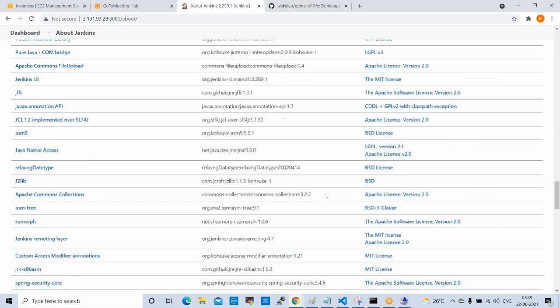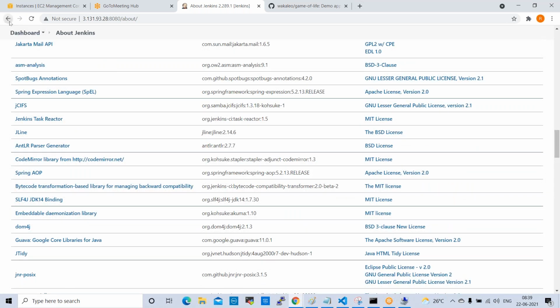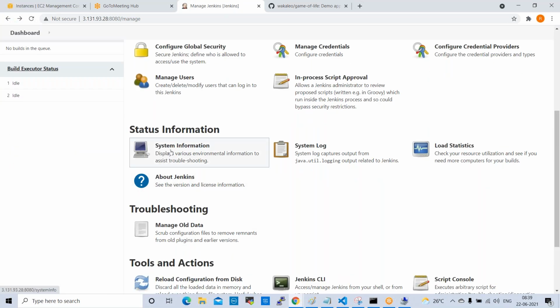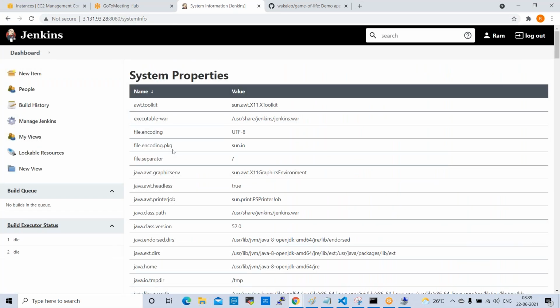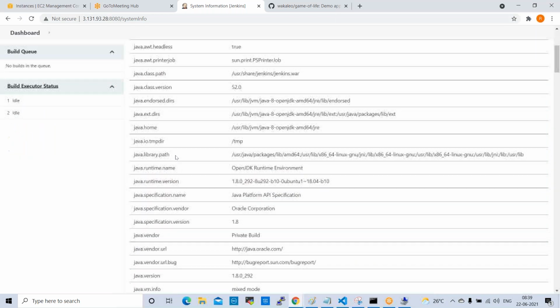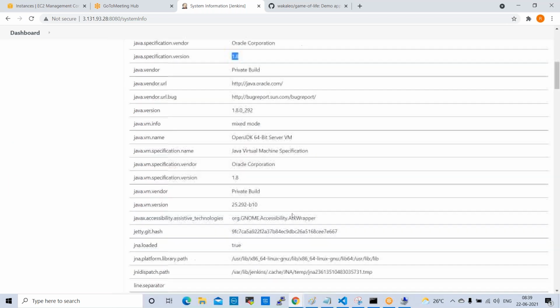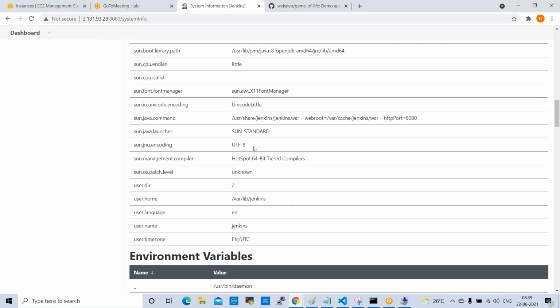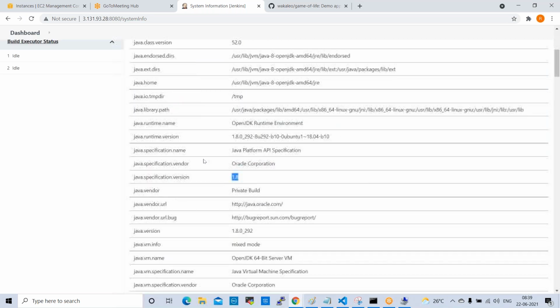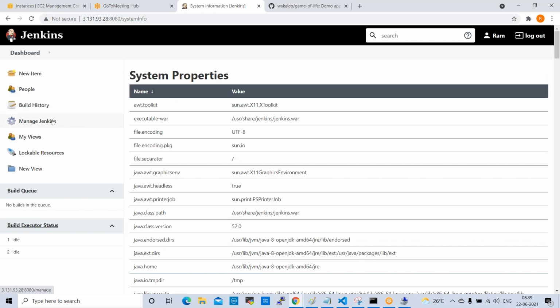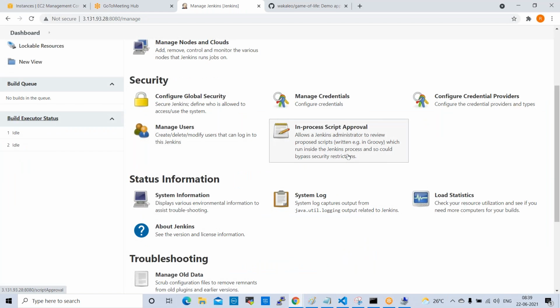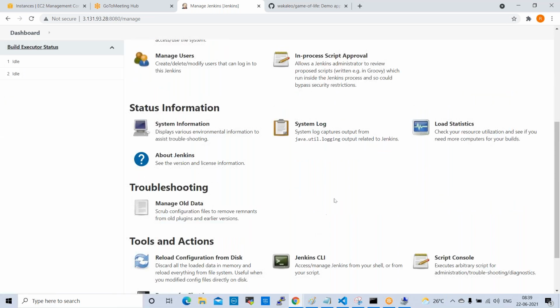Click on System Information and you will get all the information about your Jenkins system: which version of Java is installed, what the paths are, load statistics, system information, all these things.